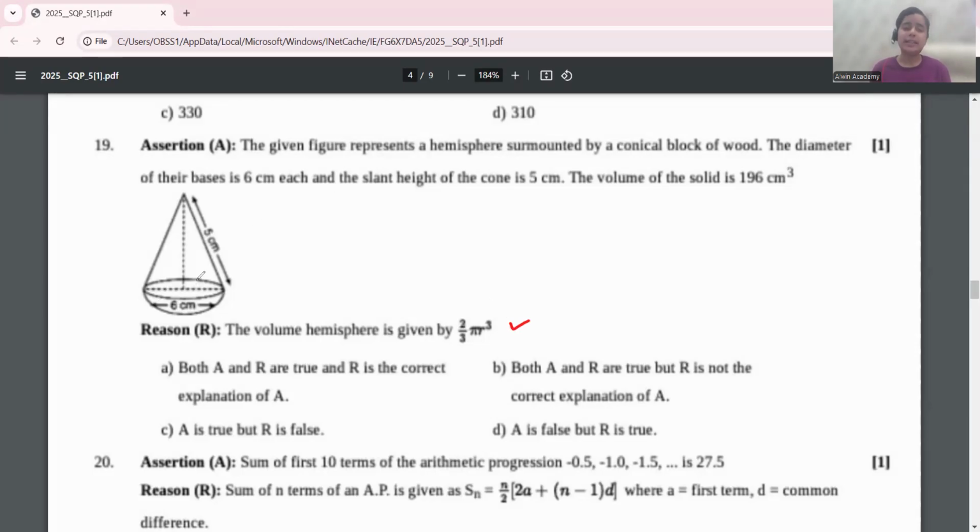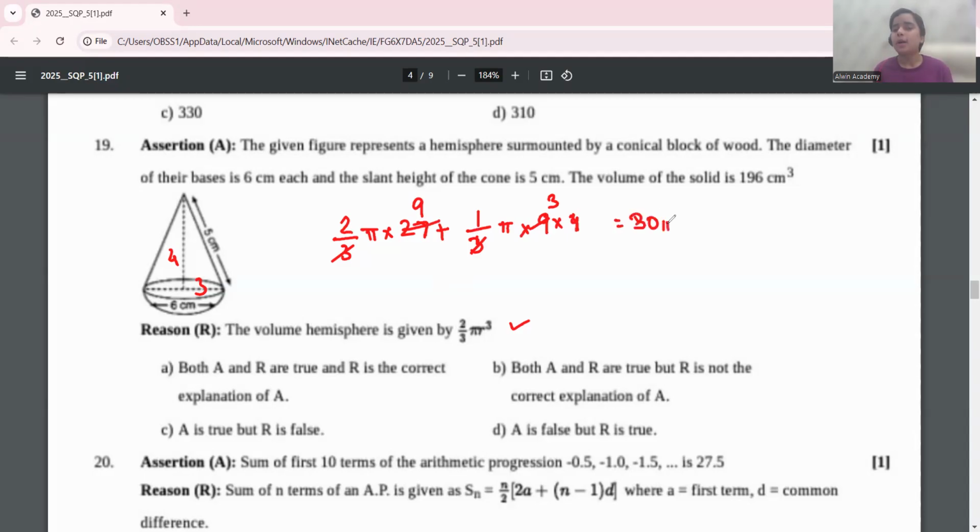If the diameter is given 6, so the radius will be 3. And herein I can find the height of the cone using Pythagoras theorem as 4, right? So now what is given to me is the volume of the complete solid, which means 2 by 3 pi r cube. Now r is 3, so r cube is 27, plus the volume of this particular cone, which is 1 by 3 pi r square, that's 9, into h, 4. 3 3 gets cancelled out, 9, this is 3, so we have 18 pi plus 12 pi, that is 30